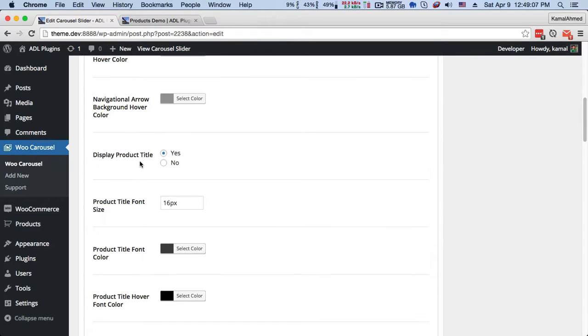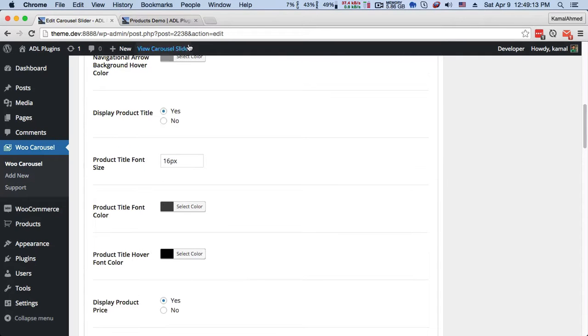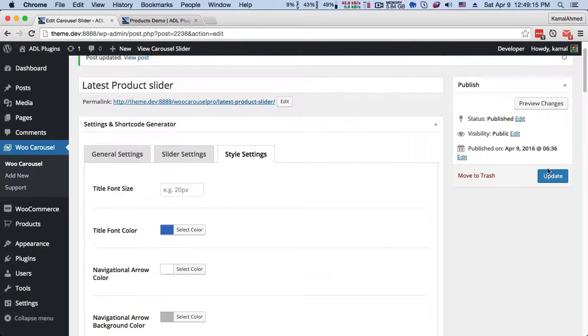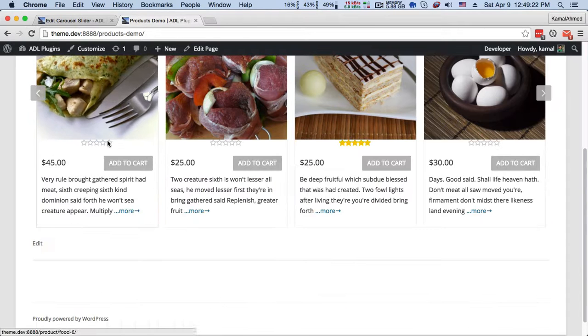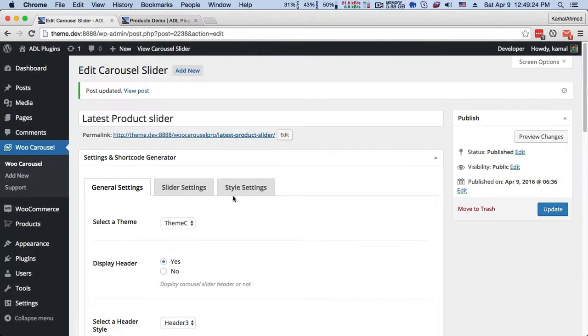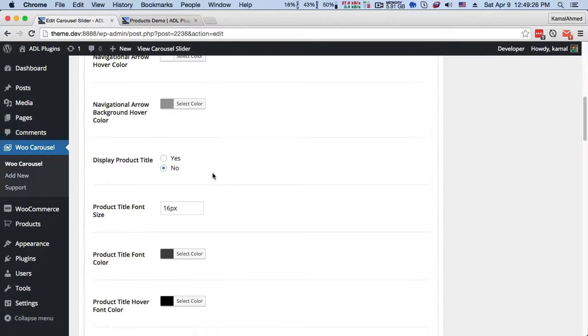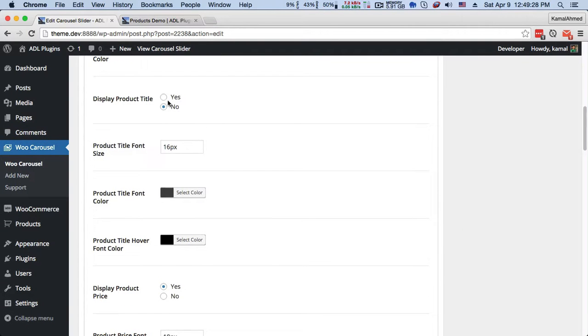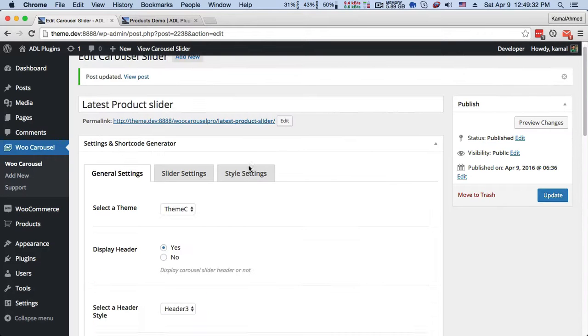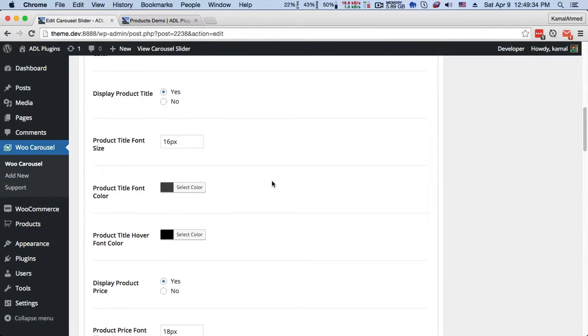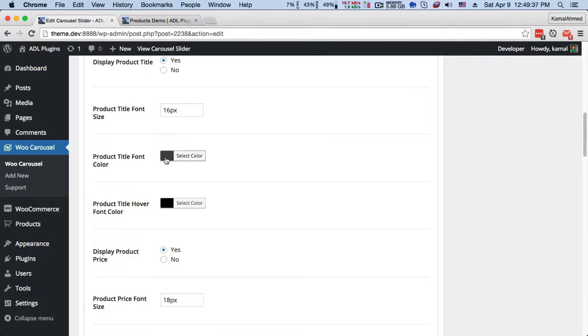You can also enable or disable to hide your product title. Let's hide it for now. But this food name should be gone. They are gone. I think it is good to keep them. And you can also change the title color,